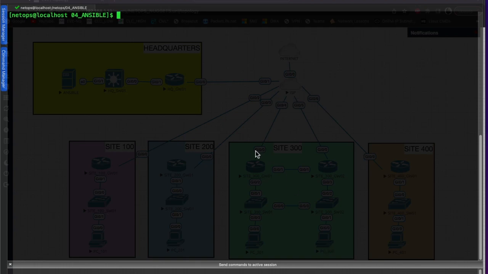Hey everyone, in this video we're going to go through and use the Cisco iOS config module to push out some VTY access list lines. So we're going to push an access list to control access to our network routers and switches. We're going to utilize the iOS config module to do that. We'll go ahead and